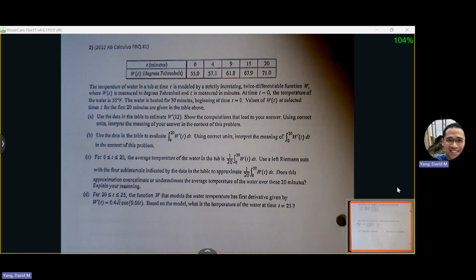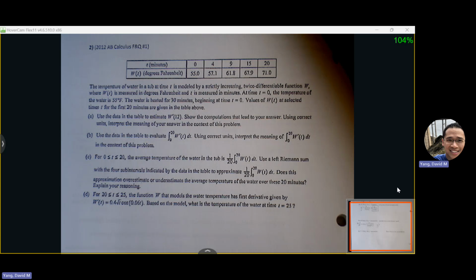I think it's good to see the way that they design many of these FRQs. Even though the stem is Riemann sums or particle motion, they're still trying to work in other concepts that we've learned, right? Like the first theorem, application of IVT, application of the mean value theorem. So they like to insert as much of the concepts that we've learned in a very